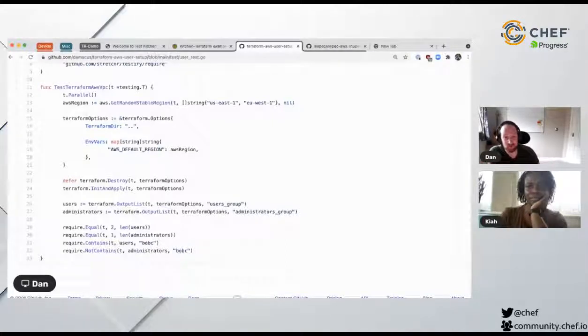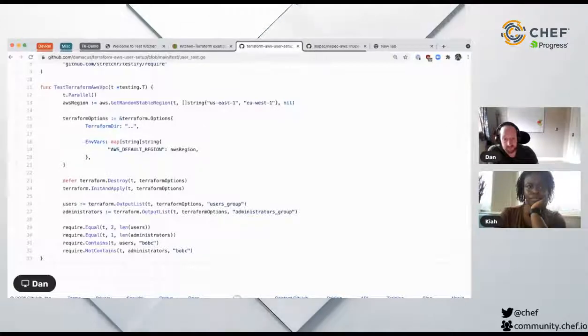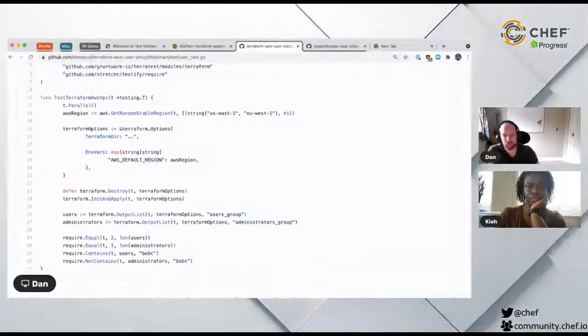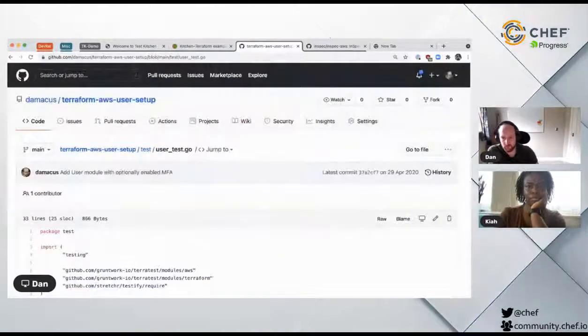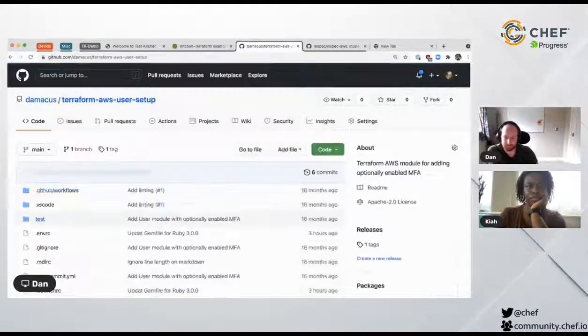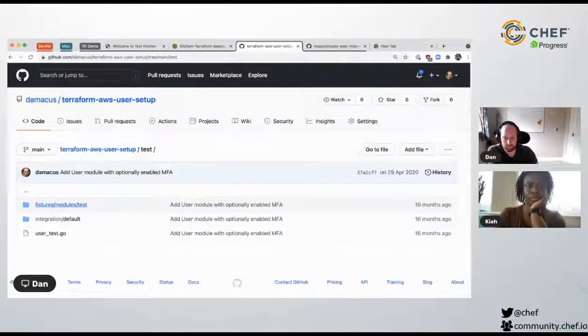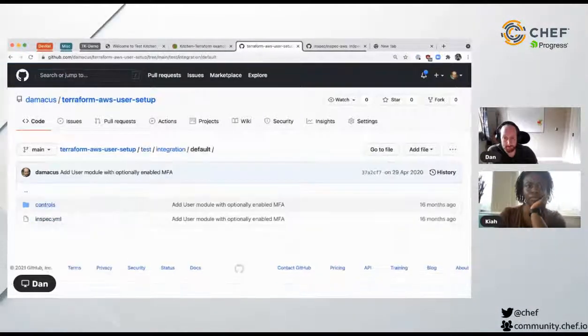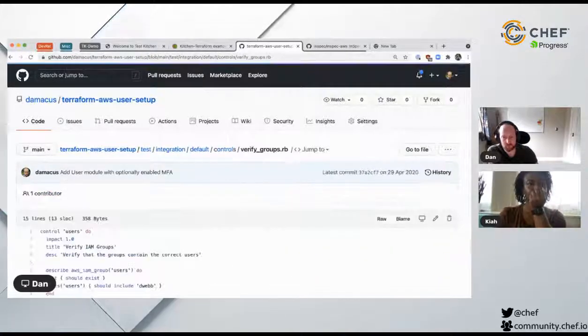You can't do this with TerraTest. It is fast, it's slick, it's a really nice tool, but you can't do all of the context stuff like you can do with inspec. So here's our